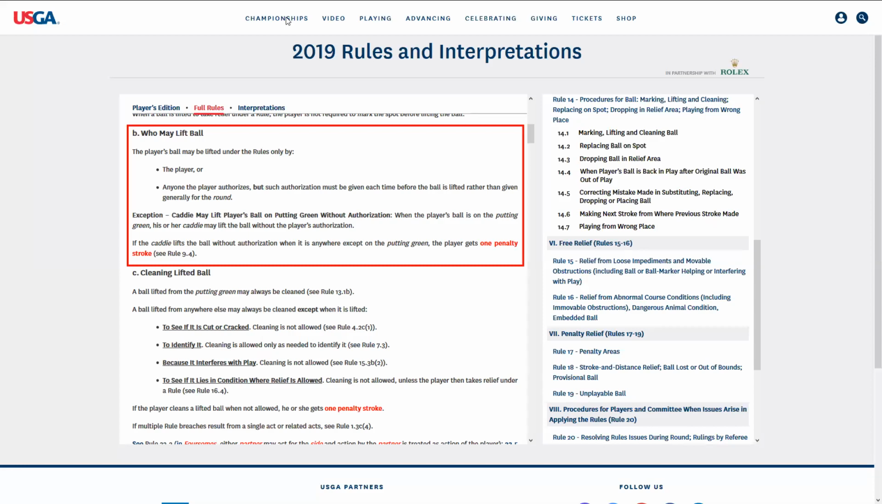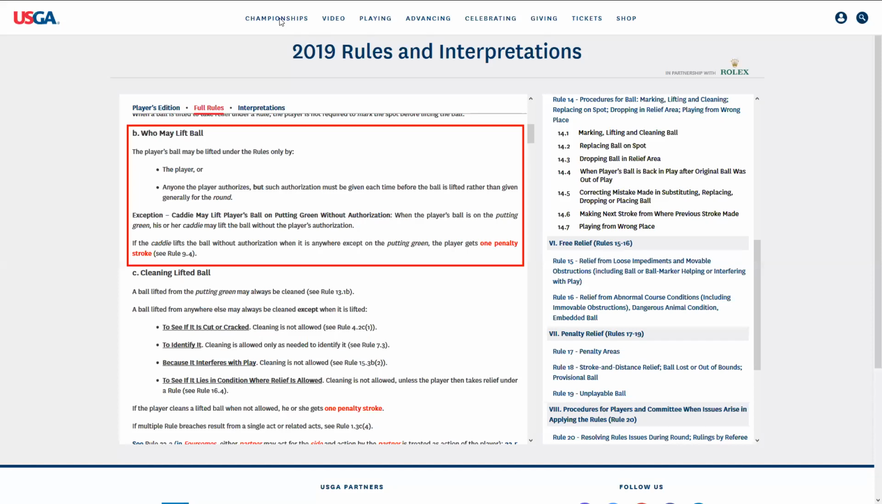14.1c, cleaning lifted ball. This is the old Rule 21. It's now put in the rules under 14. A ball lifted from the putting green may always be cleaned. A ball lifted anywhere else may always be cleaned except when it's listed, and these are the four in which you can't clean your ball. To see if it's cut or cracked under Rule 4.2,